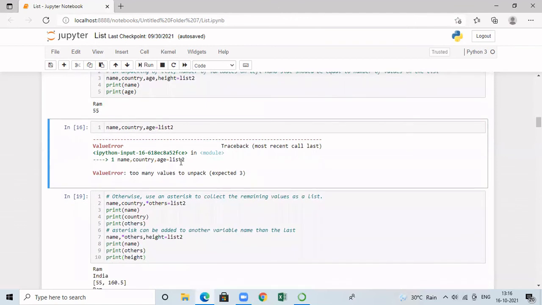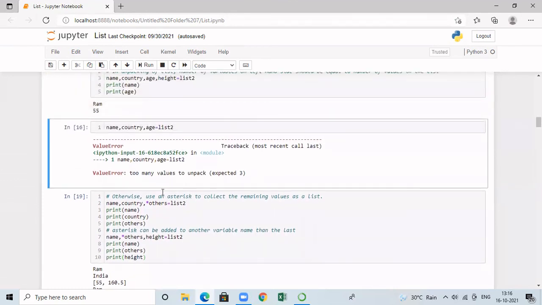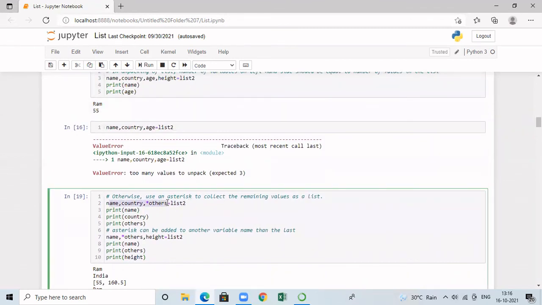So how to eliminate this error? We are getting the error, but we should know how to remove this error. For that, we can use a special method by means of an asterisk. Here I have a list with 4 elements, but I am specifying only 3 variables.